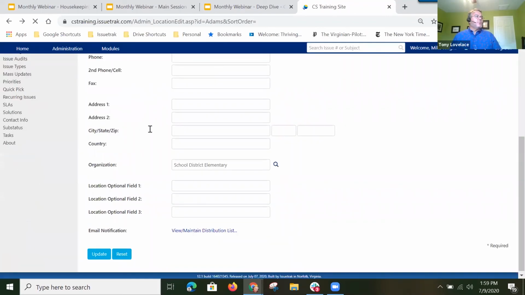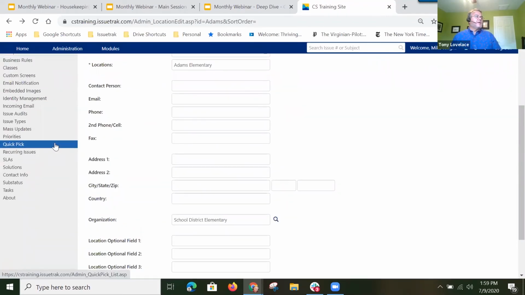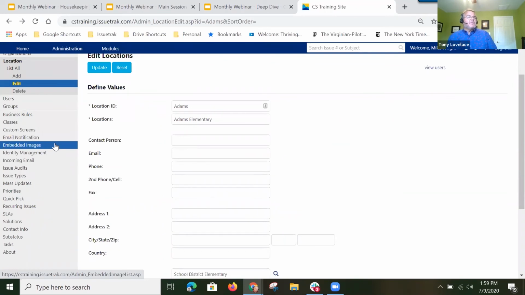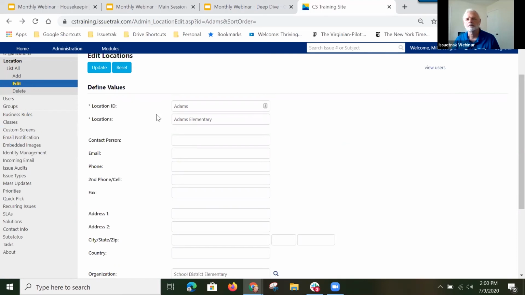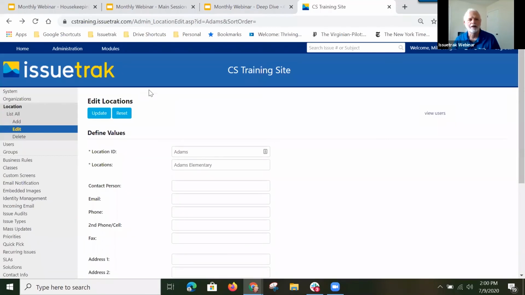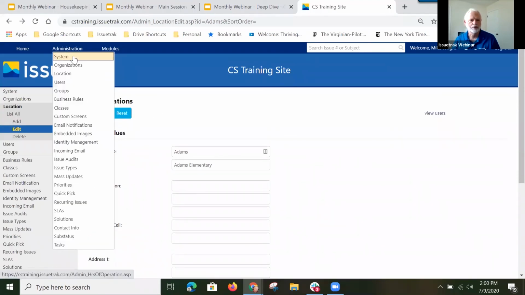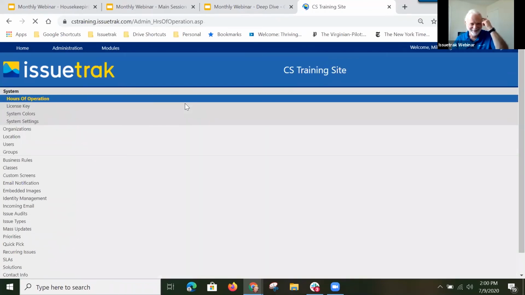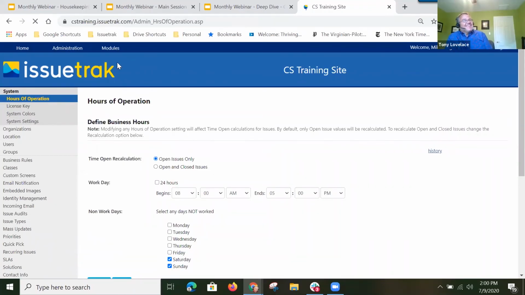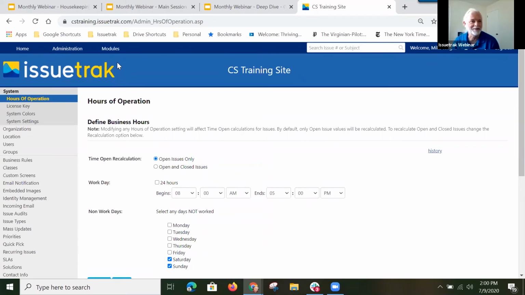Hey, Mike, while you were on there, I remember you working on one of my sites, and on an email distribution list, you added a group, but there weren't any green check marks. Why would you do that? Access. I knew that. There's actually a capability. I'm going to go into system, and I'll explain it. I knew the answer. You sneaky little whatever and ever. Anyway,